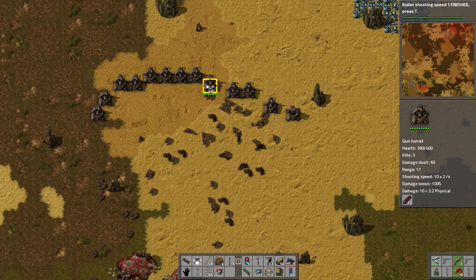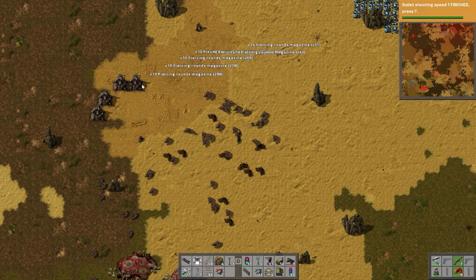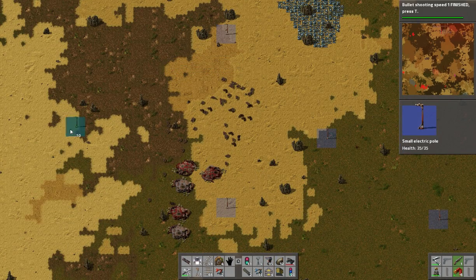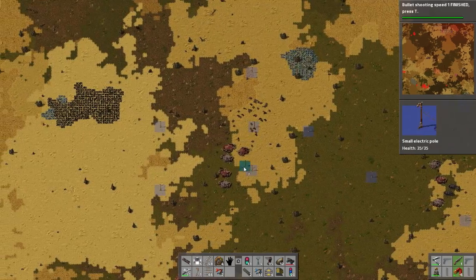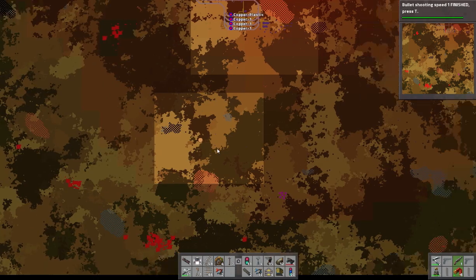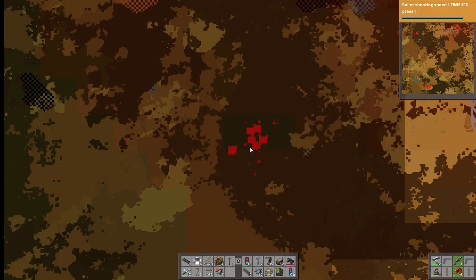Repair the ones that are damaged. And put some power poles around. That way they don't expand. Well, we took care of a whole bunch of bases that were down here, which is awesome. We got this huge base